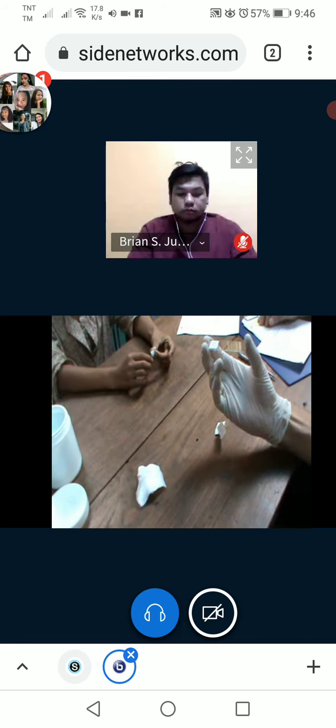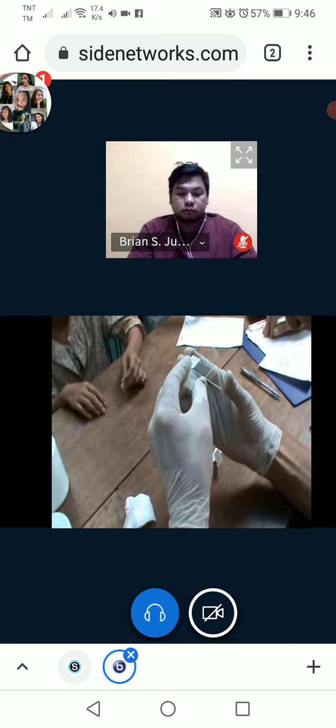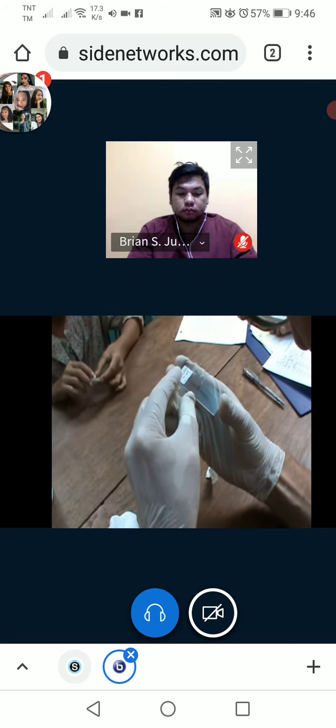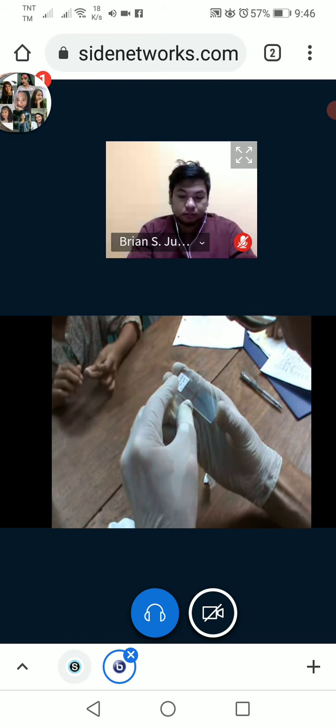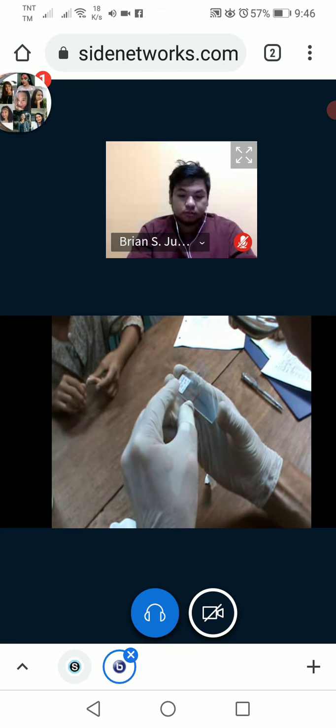With the other hand, take the spreader and put it in contact with the slide in front of the thin smear drop. Move the spreader backward to make contact with the blood drop. Wait for the blood to run along the spreader's edge. You can help that process by opening and closing the angle of the spreader in quick succession. Keeping an angle of approximately 45 degrees,